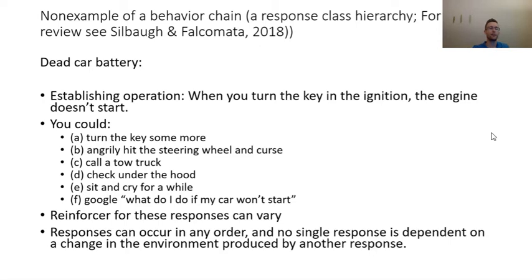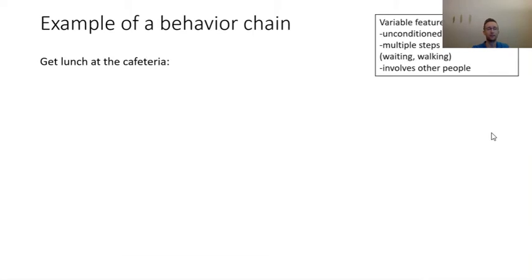A lot of times in academics, problem solving is best classified as a response class hierarchy, where the student varies the strategy or they're responding until they arrive at the correct response. Here's another example of a behavior chain. This is getting lunch at the cafeteria. Now, variable features are unconditioned reinforcement, multiple steps extended over time, waiting and walking, and then this one involves other